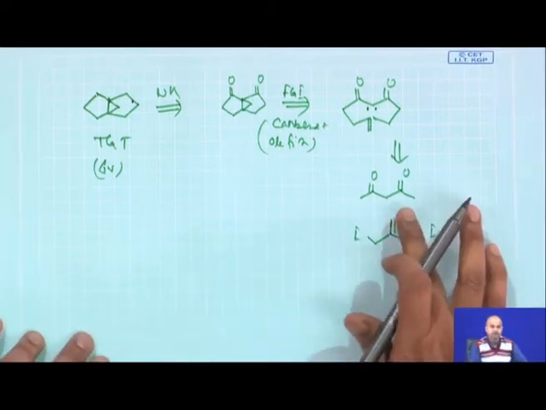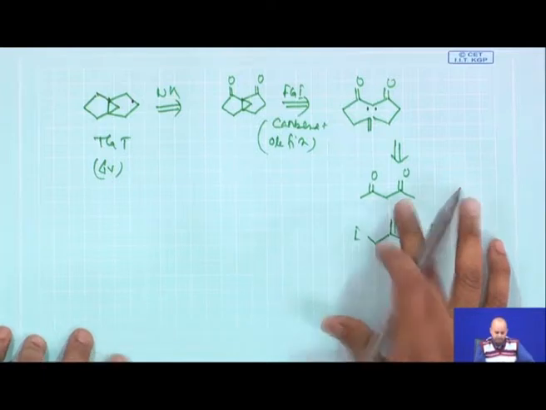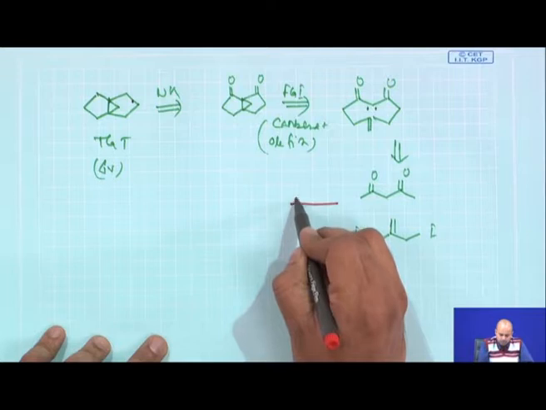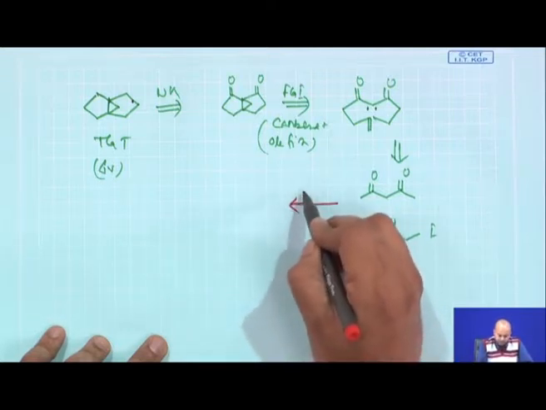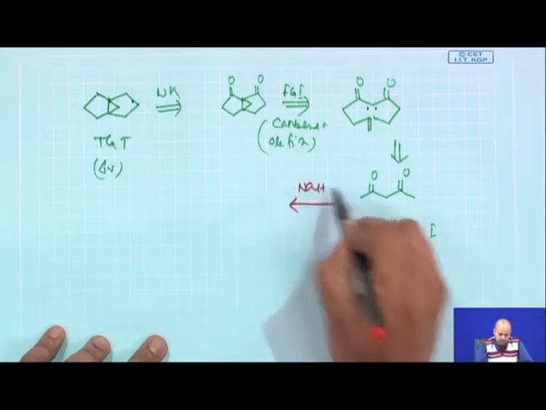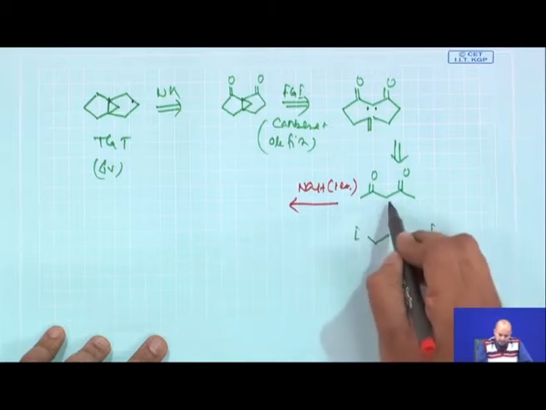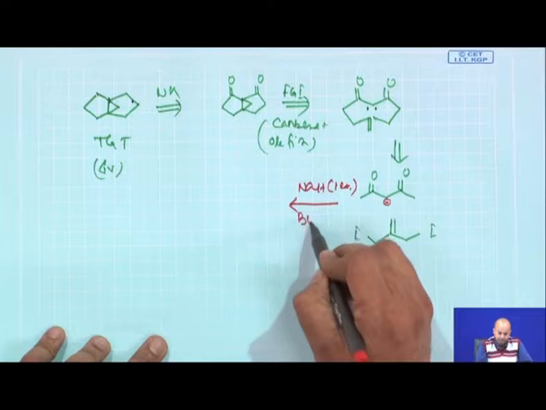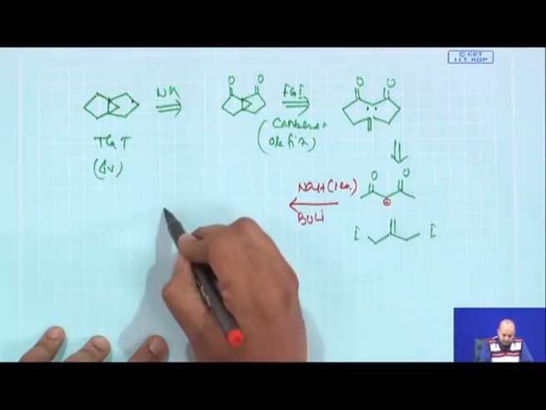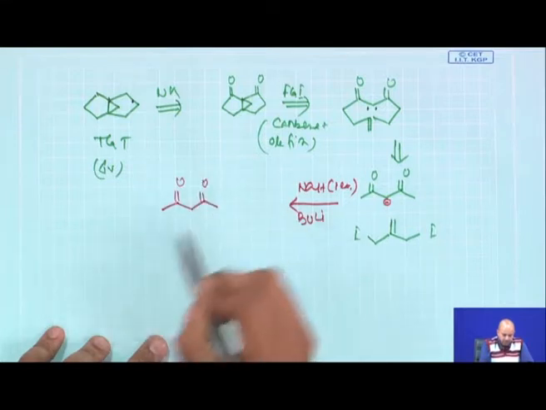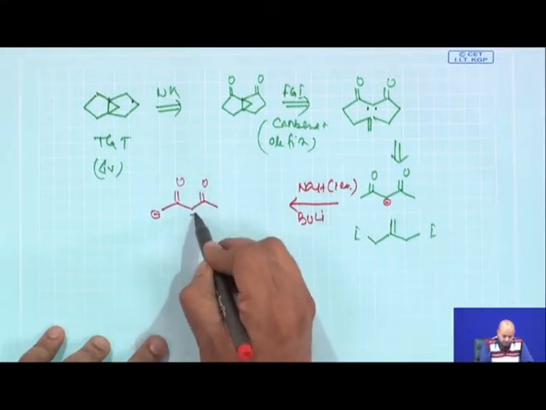Now, acetylacetone is the starting material. It is a very good, commercially cheap starting material. So, initially what reaction was done? You react with one equivalent of sodium hydride, that basically picks up this hydrogen, and then you add another base, butyl lithium. You will basically get the double anion of this compound, this minus and this minus.